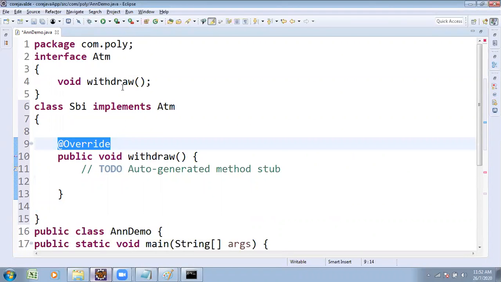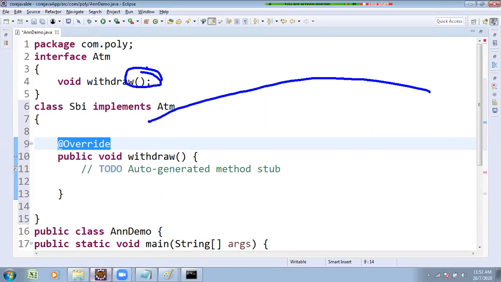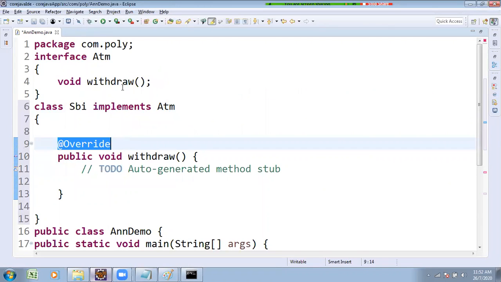The @Override clearly tells the Java compiler that this method is already there in the superclass or interface, and now we are overriding it. That is not Java code; it is giving additional instruction to the Java compiler, known as annotation.